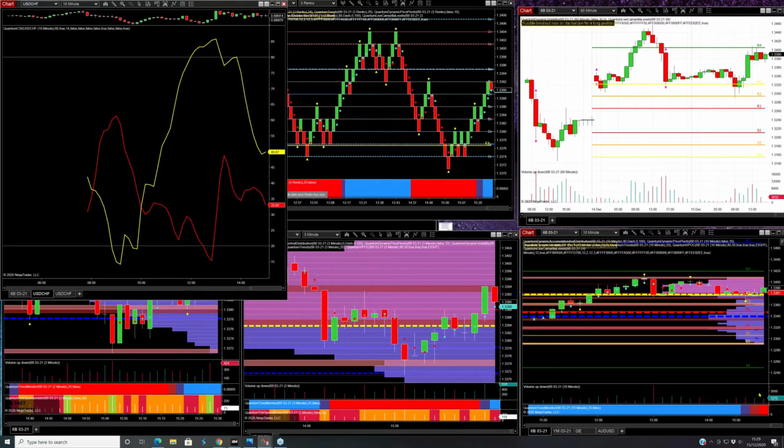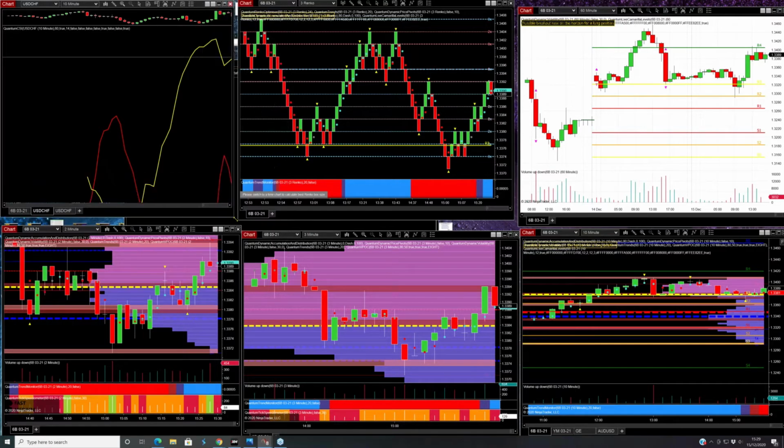So that's using volume, not just with price action, but looking at volume, using it as support and resistance as well. So as I said, I'm going to keep an eye on the British pound, and of course on the 6B,